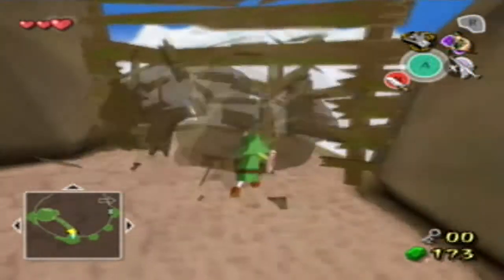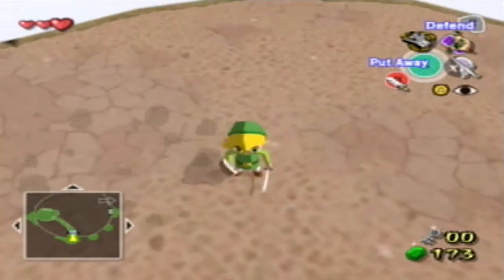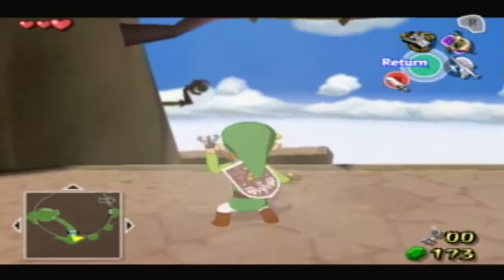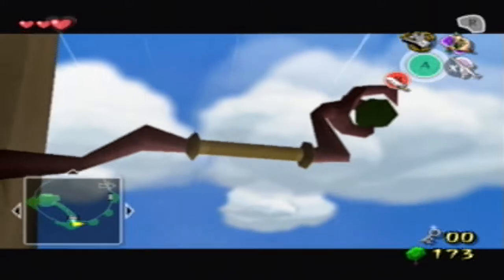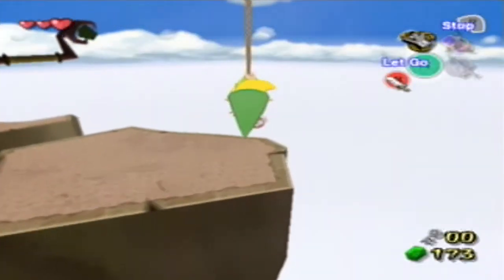And what am I supposed to do here? Oh right, just kind of do that. That was tricky. Let's see, so now we can go back in through the door. Although, as we can see, there is also something over here. So if we swing across that gap...